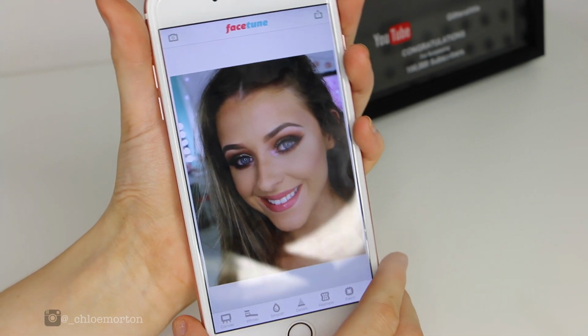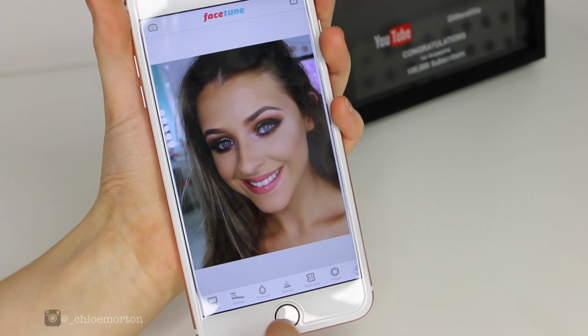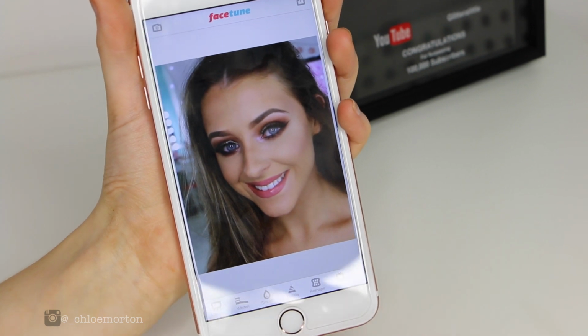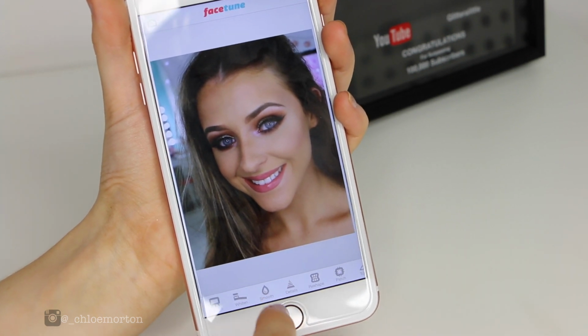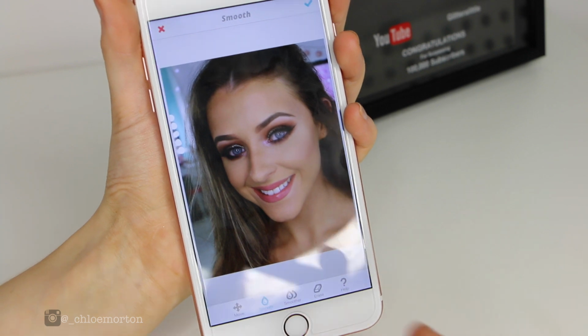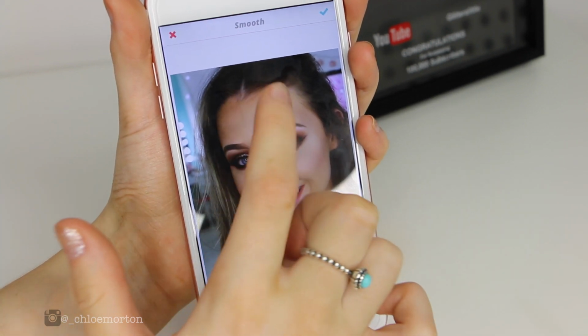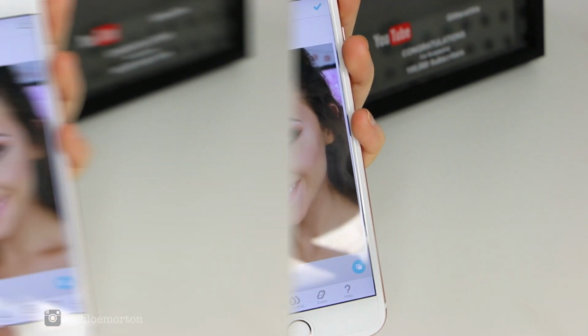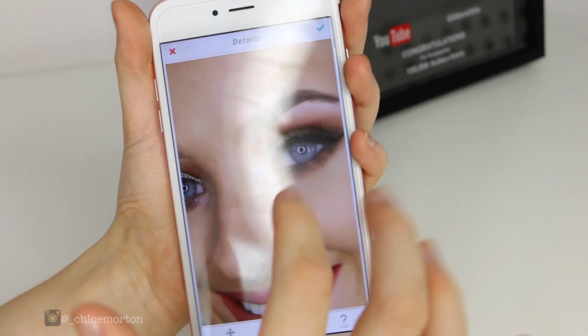And you literally only need the tiniest bit of this little filter, but it's not so much a filter, it's just a little tool. And what I do is I just basically dab it onto my skin. As you can see, I just dab it onto my skin in areas that I want extra smoothness. And then this other tool that I use here, which is called Details, I use this for my eyes,